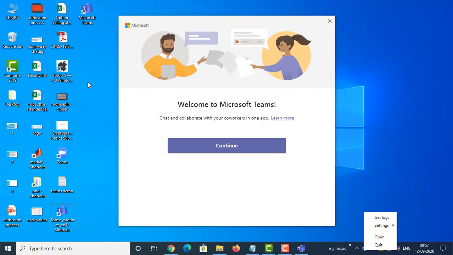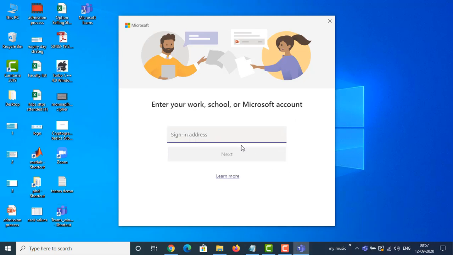When we open the application on the desktop for the first time, it will display this particular window. Click on this continue button. Here we need to provide our official email address.